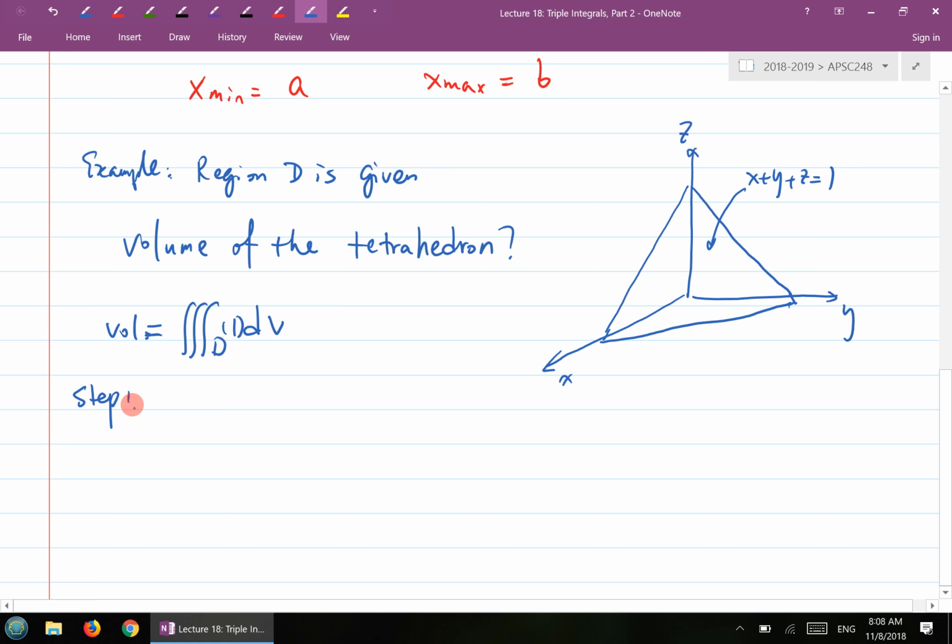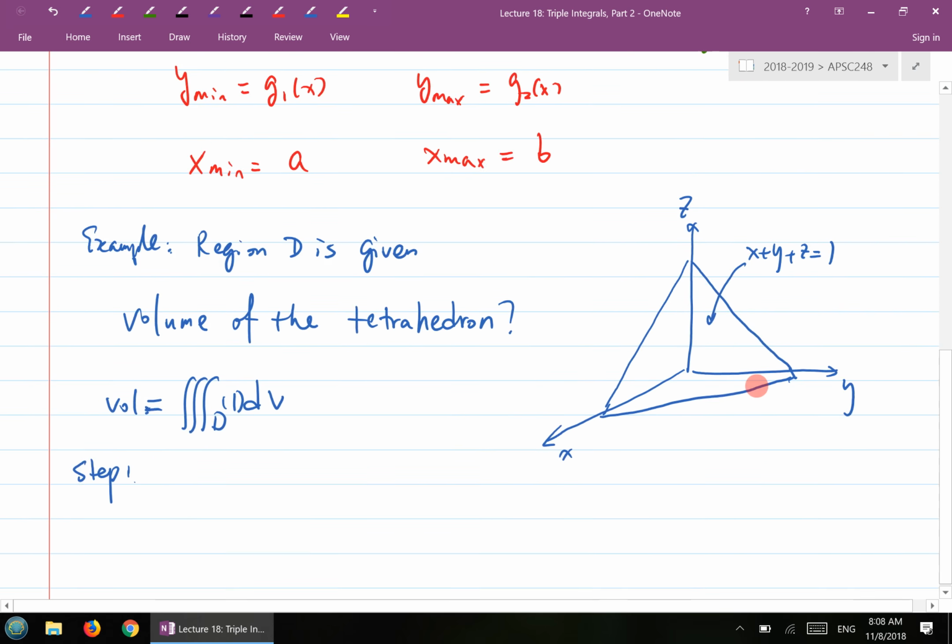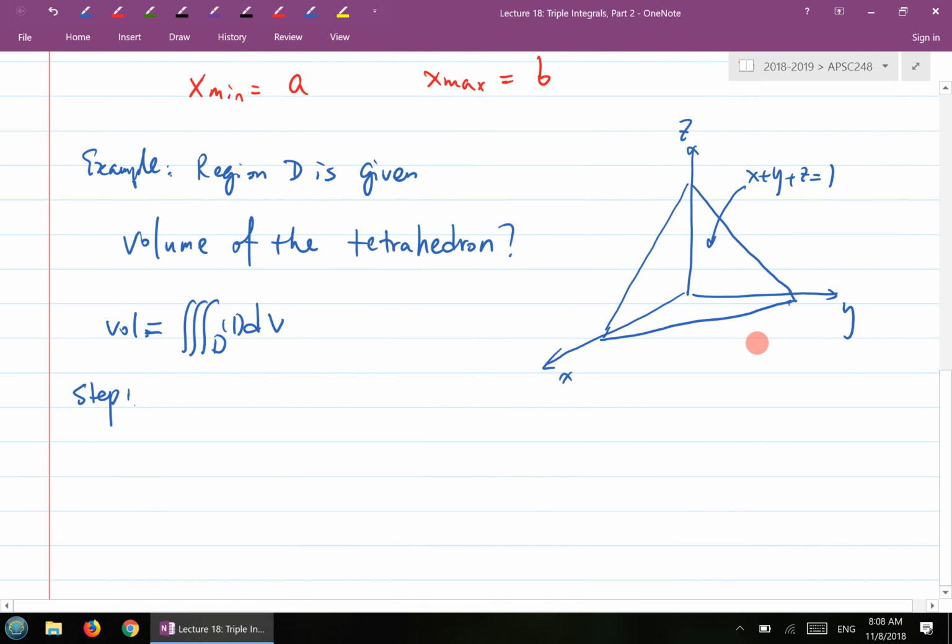Step number 1 is to determine the order. So let's use the traditional order here: dz, dy, and dx. Let's choose this order. And the second step